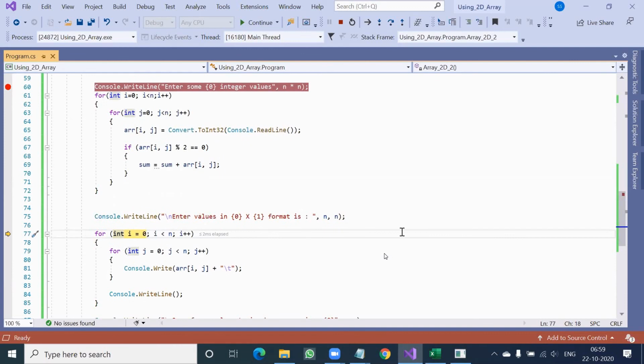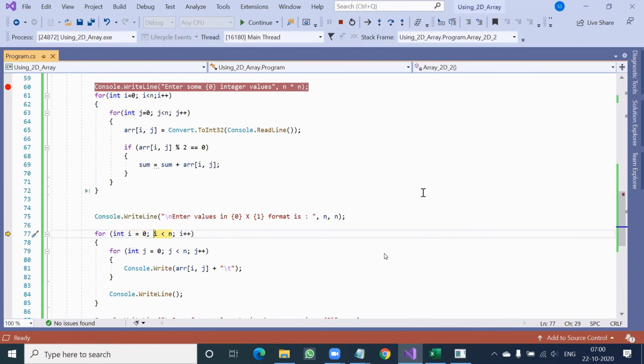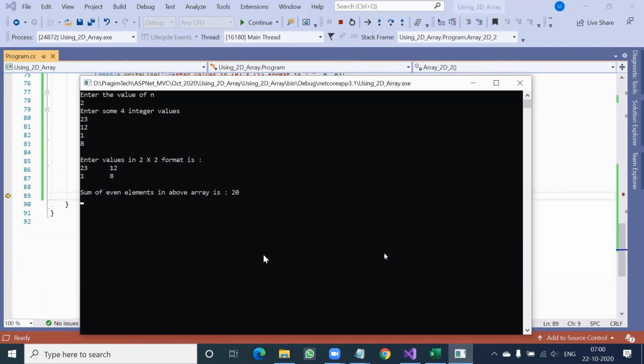Then it will say, you have entered the value, that's fine, but I want to arrange them in n by n format, or 3 by 3 or 2 by 2, whatever. So this time it will show numbers in 2 by 2 format. This part you already know, so I don't need to debug line by line. Let's go ahead and complete this. This is not new for you. Now it says sum. Sum is 12 plus 8, 20. We have already calculated it in the very first loop itself, and we are going to display that.